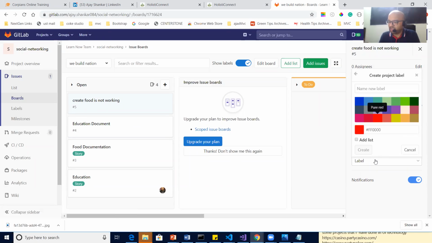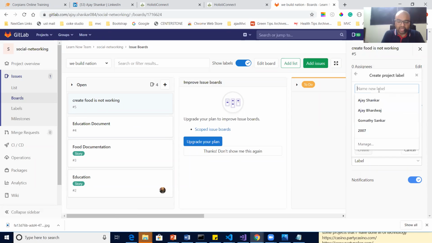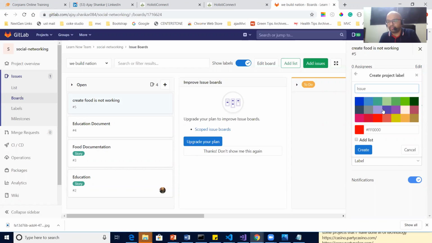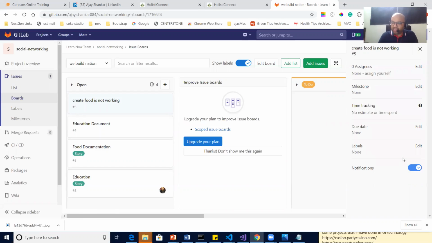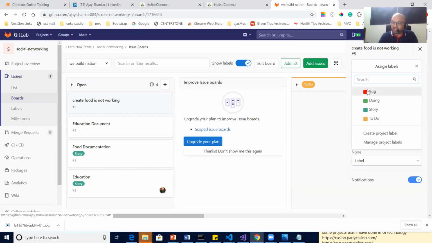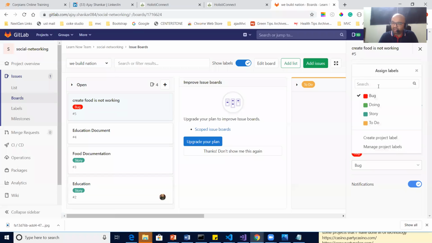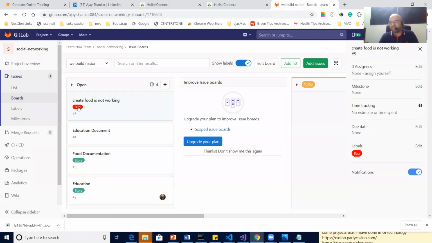Red means bug, issue. I'd say issue, but no, issue is an already taken word. So I say bug, B-U-G. Create. So you can see that's a bug. I can assign this one as a bug. Done. Red color, it's a bug. Green color, it's a story.